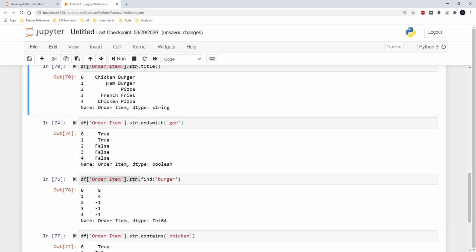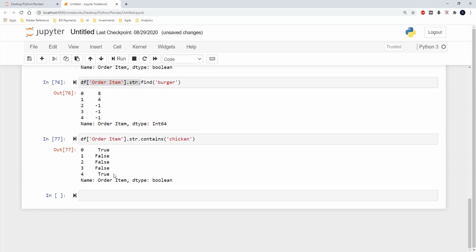And this does not have chicken, so the output is false, false, false, and for the chicken pizza, it has chicken in it, and so the value is true at the end. And this is how it works. It returns the boolean true or false based on whether or not the value that we are looking for is present in the value of the particular column.